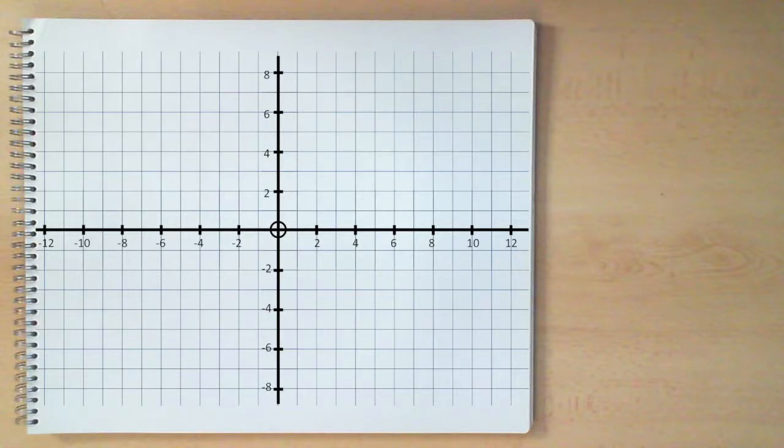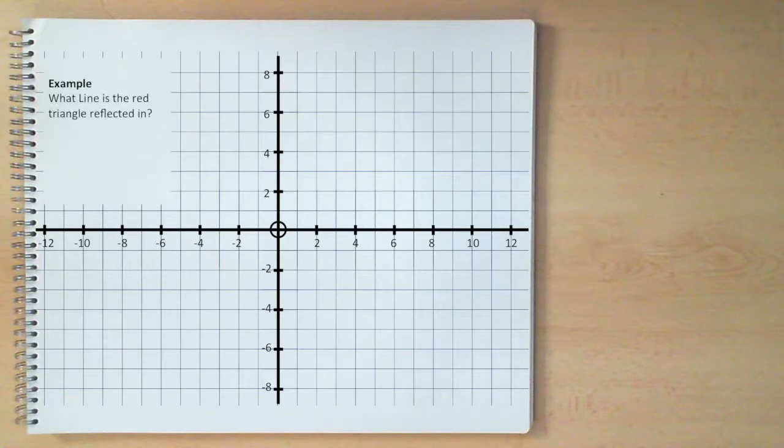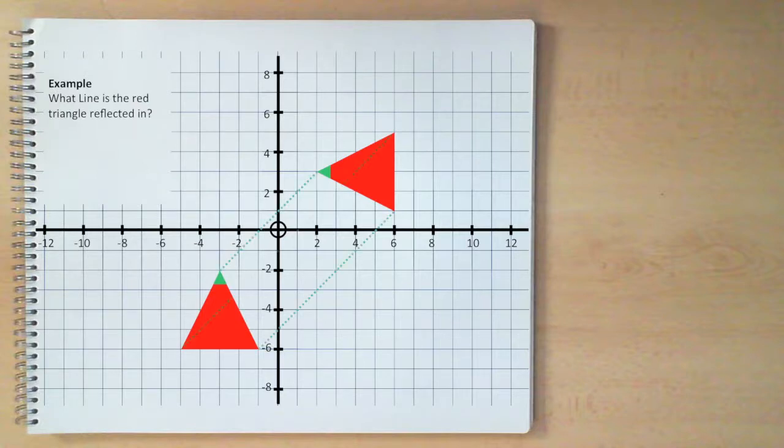Of course, you might also be asked the question the other way around. You're given two shapes and you're asked which line is the shape reflected in. You've got to find the mirror line. So here's two triangles, and what we're going to do is we're going to draw from each of the points to the corresponding point on that triangle. So we'll do the one from the green dot first at the top, connect those up, then each of the others in turn, and then what we're going to do is we're going to find the centre of each of